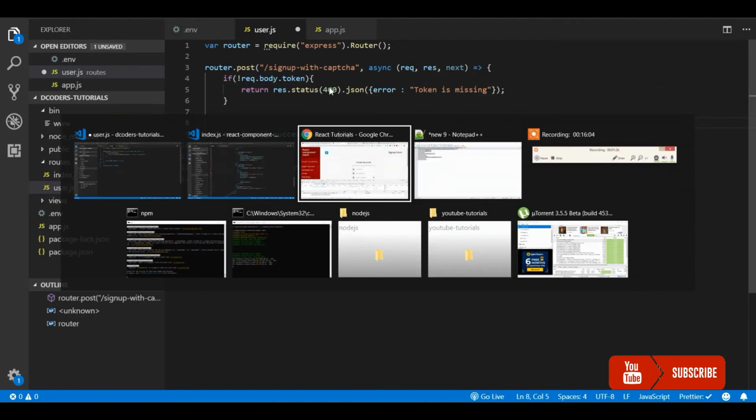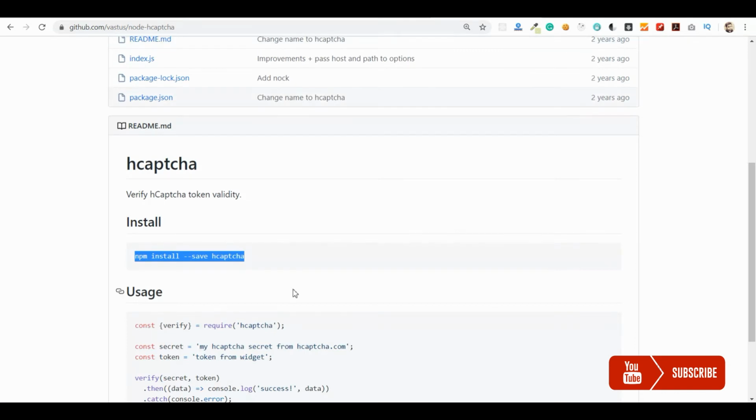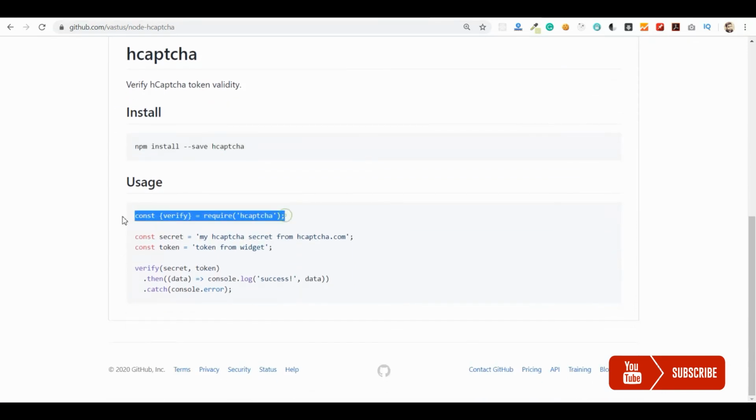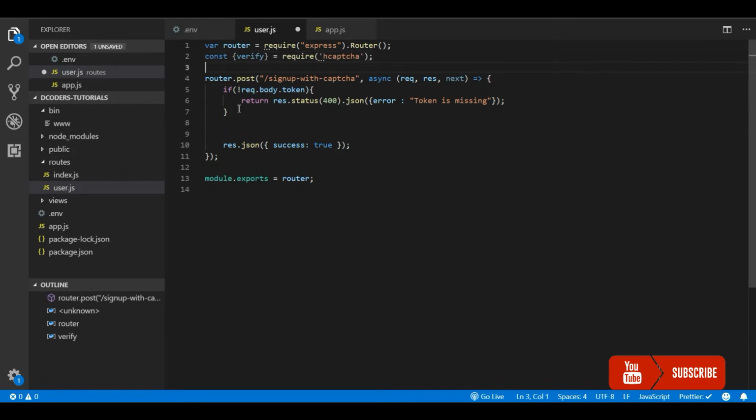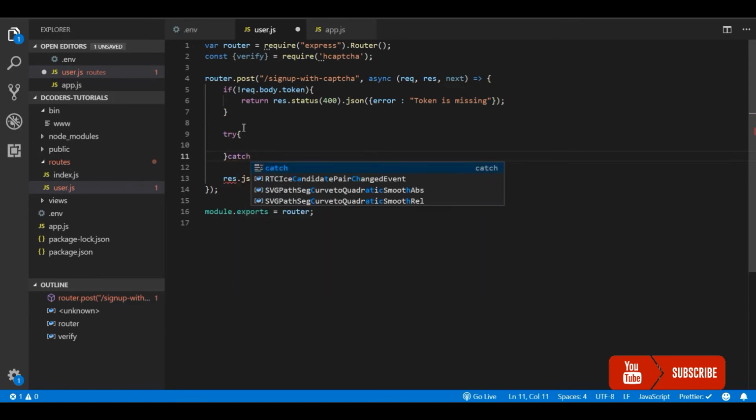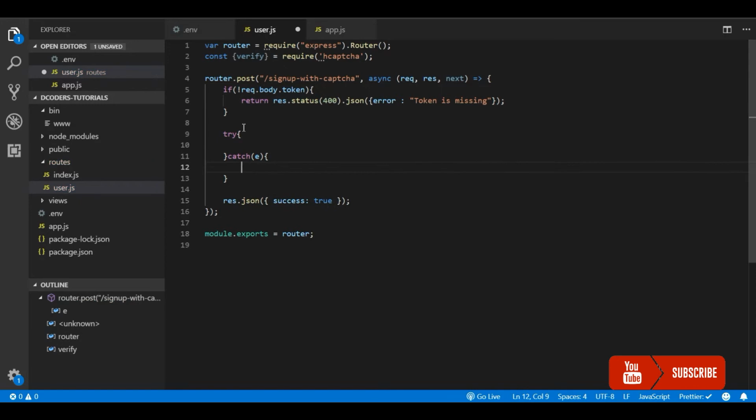So now let's go and copy this. We'll import the verify function from HCaptcha, and we'll use this verify function to verify. It will automatically call the API and verify the token. For this, we need to pass a few attributes, and it will return success in JSON format.